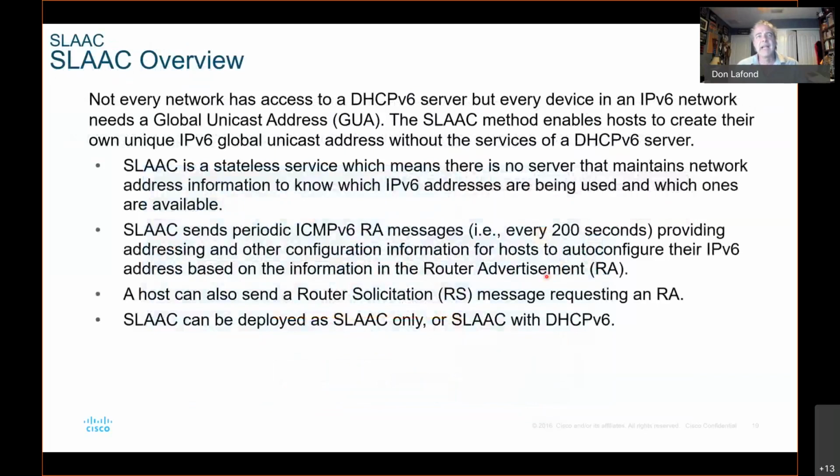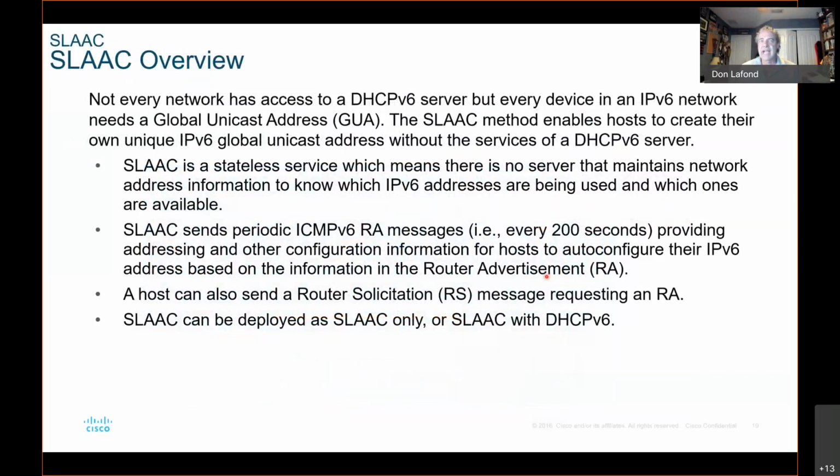Now, not every network has access to a DHCP server. But every device in an IPv6 network needs a global unicast address. The SLAAC method enables hosts to create their own unique IPv6 global unicast address without the services of a DHCPv6